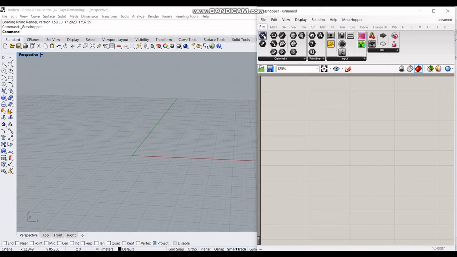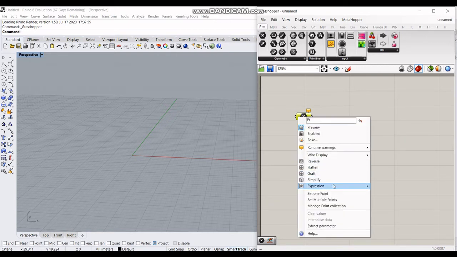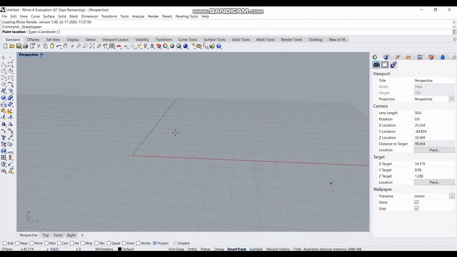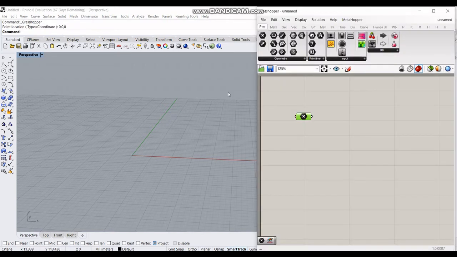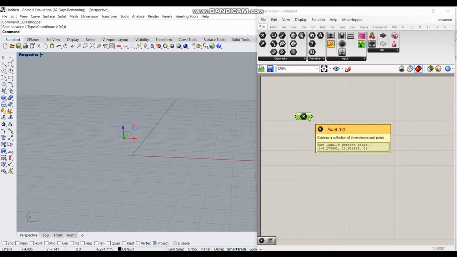Here you can see a point component. Components are basic building blocks in Grasshopper, and we can interface this point component with Rhino by initializing it with some point. Let's say we'll initialize it with 0, 0, 0. You can see I'm typing the coordinates here, and by pressing enter, now this component corresponds to this. Now you can move this point anywhere, and that will get stored in this component. So this is one of the applications of interfacing Rhino with Grasshopper.